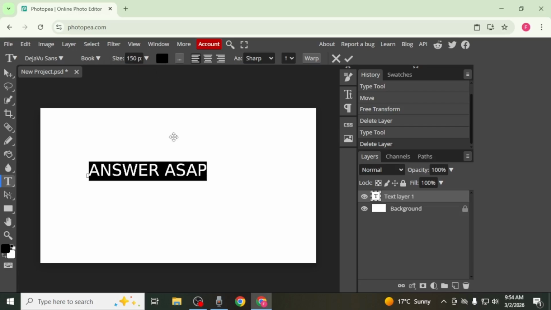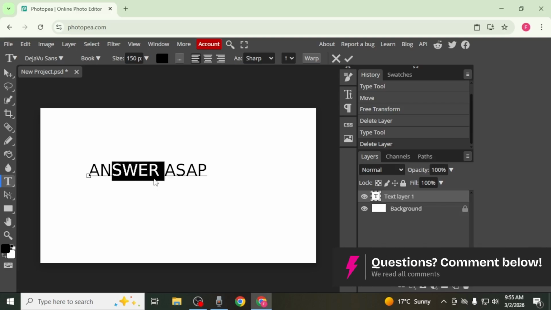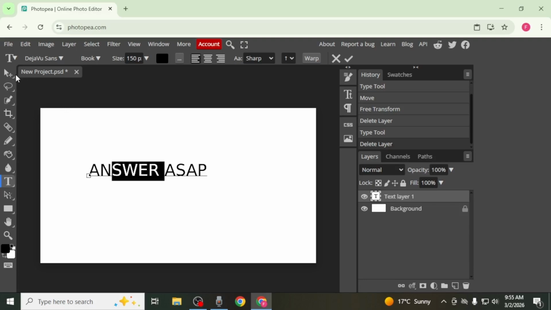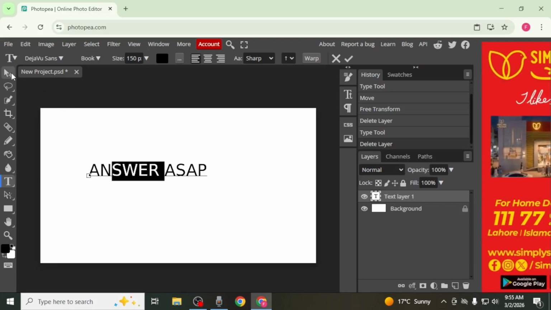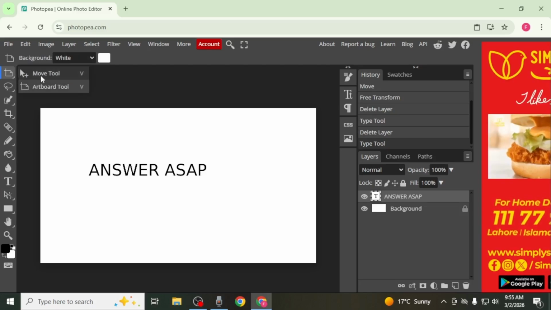At this point, if you try to move your text, you may notice that it won't move. This is because you need to activate the Move tool first. The Move tool is located at the top of the left-hand toolbar. If another tool, such as the Artboard tool, is visible instead, right-click on it to reveal the Move tool and